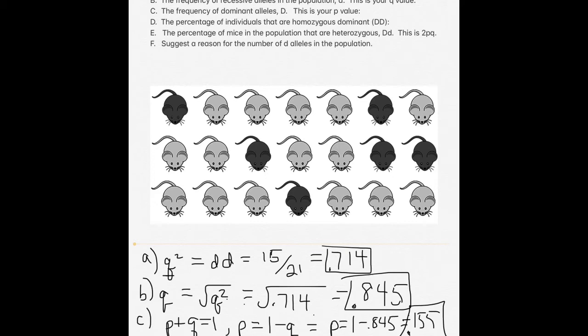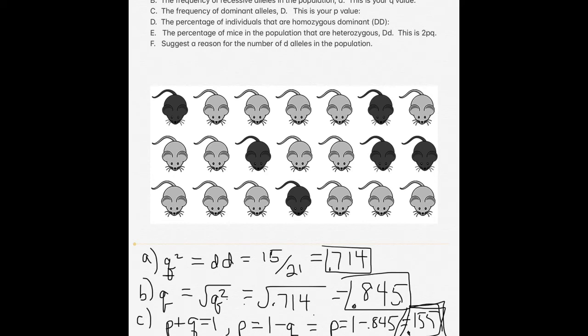So all we have to do is take the p that we calculated, 0.155, and we just have to square that. Remember, if you have a simple calculator like me, I'm just going to multiply 0.155 times itself. And when I square this value, 0.155 times 0.155, I end up with a p-value of